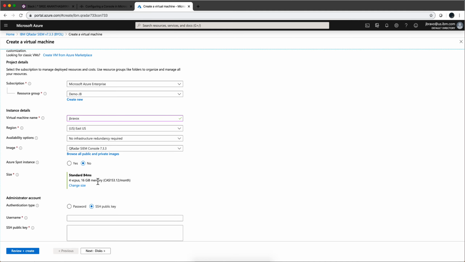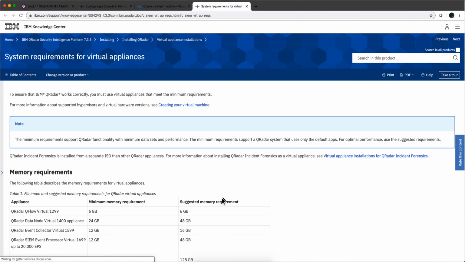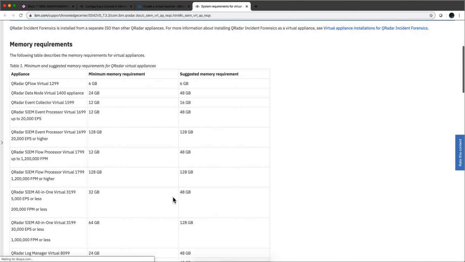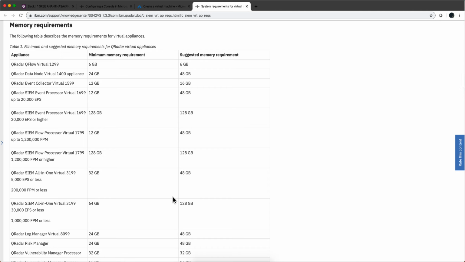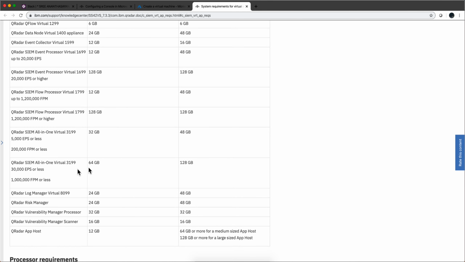Now, here on the size, if you go to the documentation, you're going to find that if you go into this link, it's going to show you the minimum and recommended sizes for this. If you put too little memory or too little number of CPUs, or the size of the disk, you may run into trouble. So make sure that you allocate the right amount that you need for your system. Your all-in-one is asking for minimal 64, typical 128. Let's actually go back here